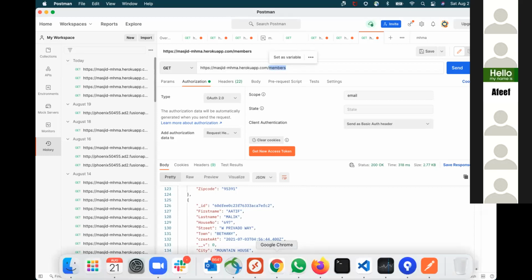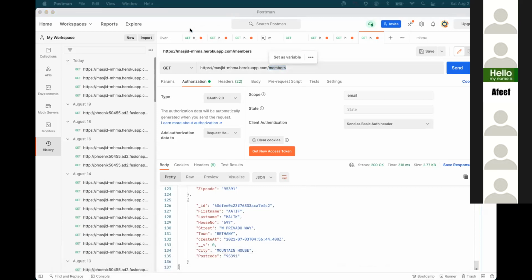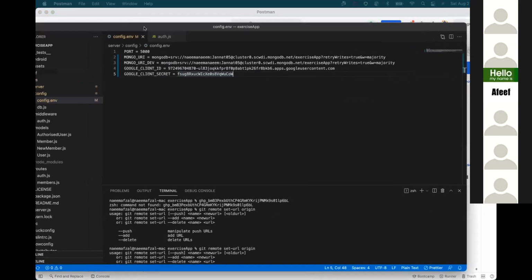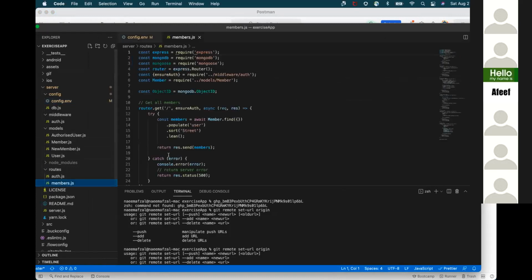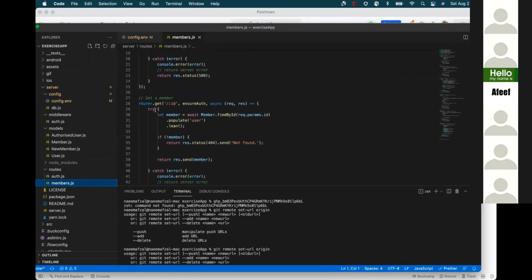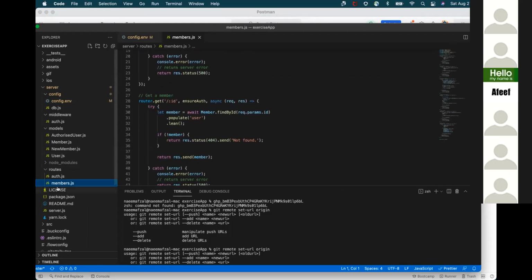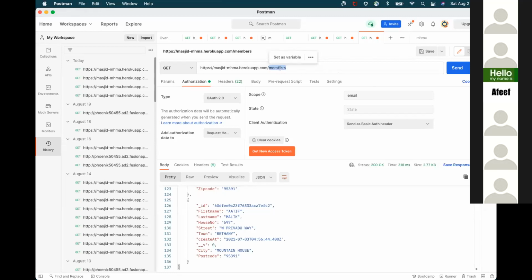If you look at our source code, we have this members.js, and that's where we have defined a router for get and a router for the other methods. In the same way, Subhan has created payments.js, and the URL will be payments instead of members. Okay, so when you say members, you're asking, give me all the members in our database right now. Yes. Okay, I see. Thank you.